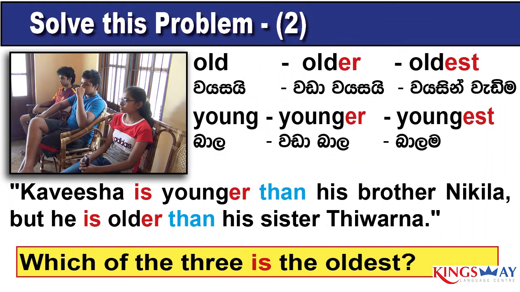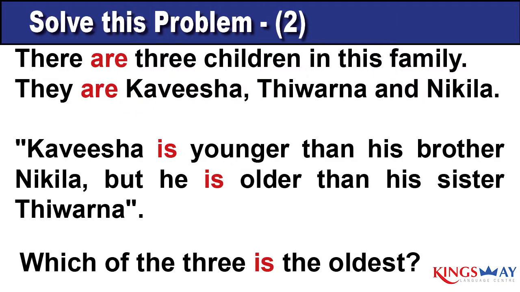Hello viewers, in this lesson I'm going to teach you how to use two forms of the be verb, is and are, in the present tense. Everybody knows that in the present tense we use is and are. I would also like to teach you two adjectives, old and young, with their comparative and superlative forms. Old and young are opposite words. Now, read the following sentence and learn how are is used.